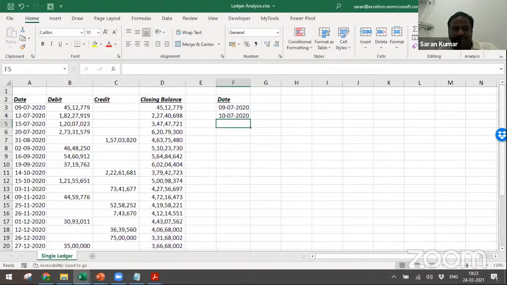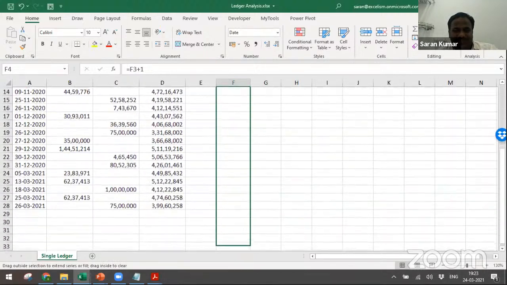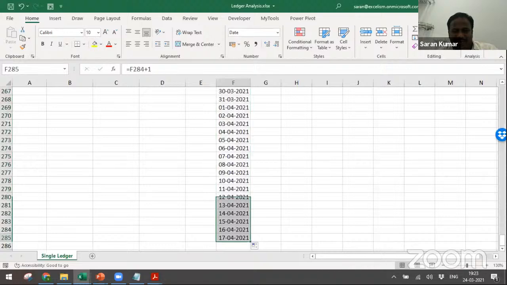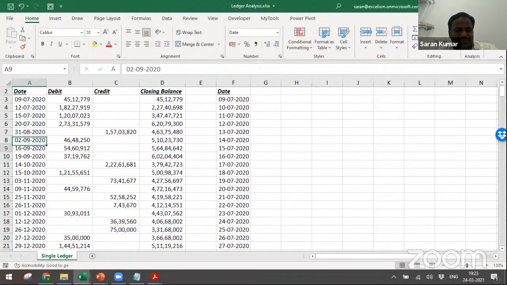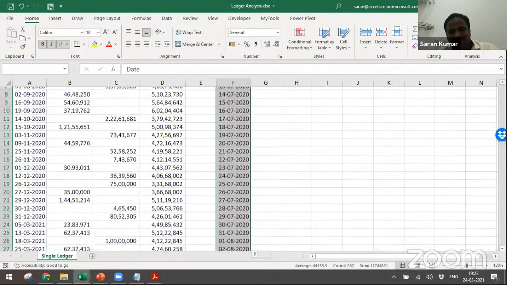Why, Charan, are you doing so? Why can't you directly calculate here? I'll tell you. Basically, there are two statements we call. One is the account statement. The other one is the calendar statement. What do you mean by the account statement and the calendar statement? It's very simple. Account statement means there may be more than one transaction on the same day, and there are no transactions on some of the days. When there are transactions on the same day more than once, you need to consider the last day balance for many practical purposes. So to avoid the confusion, what I do, I'll take one column, start from the first day